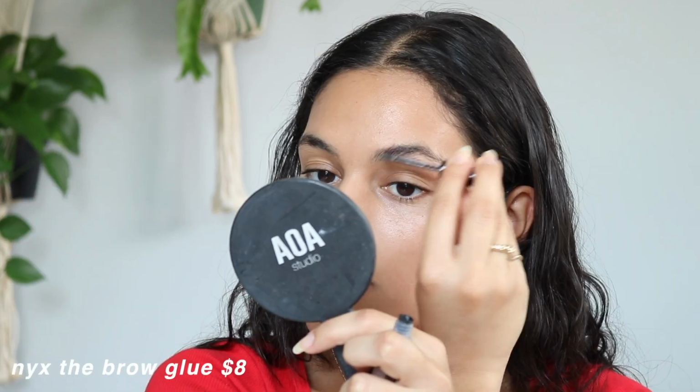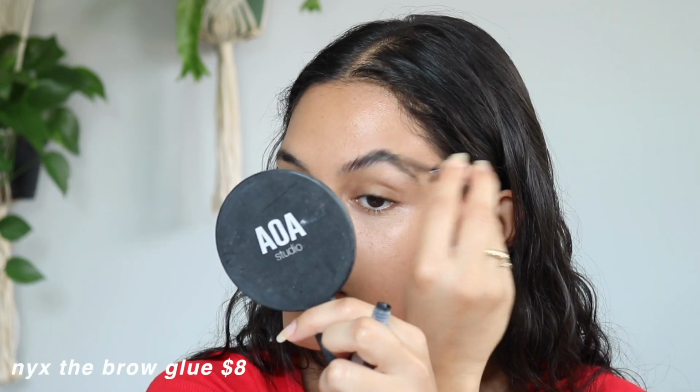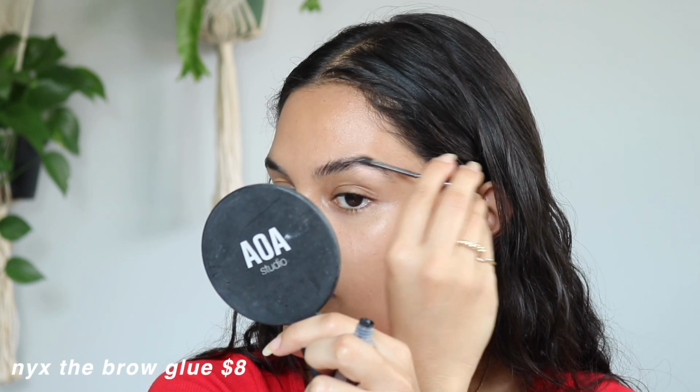The reason why I wanted to pull these out is because I love them, but also NYX at Ulta almost always is doing some sort of buy one get one 50% off sale. So if you can get two products from NYX at a little bit of a discount, that's why I wanted to include both of these, because these are both awesome, worthy products. I'm applying the brow glue first to my brows, and I just shape them a bit,